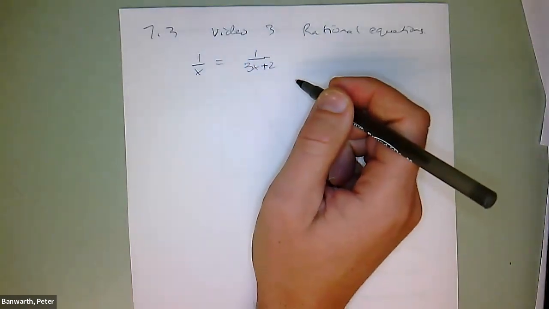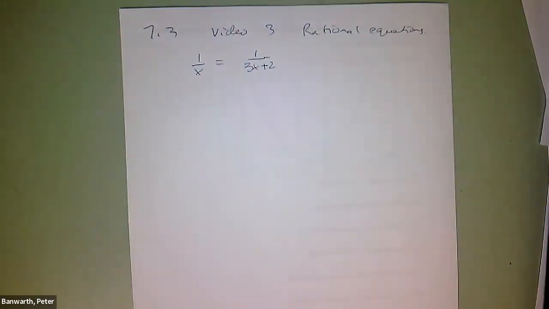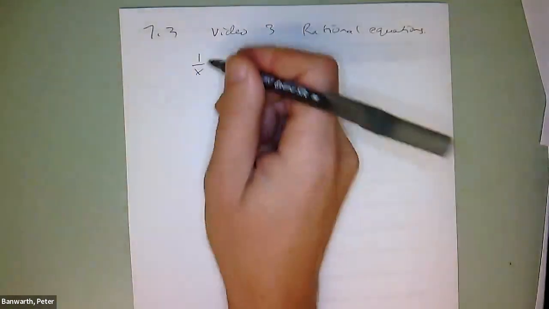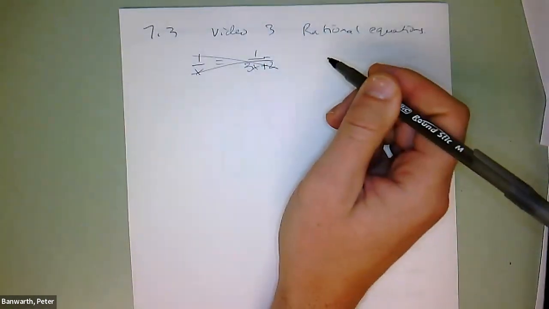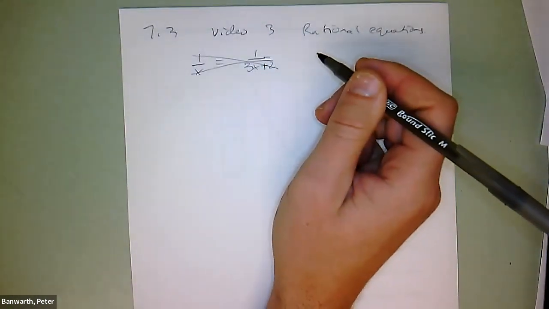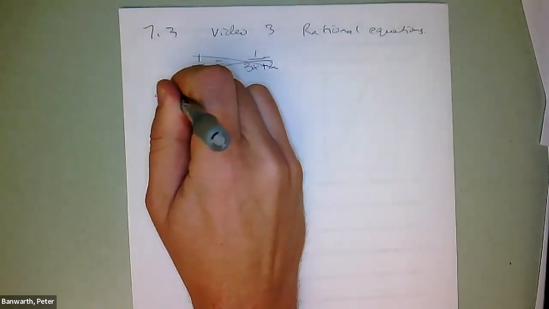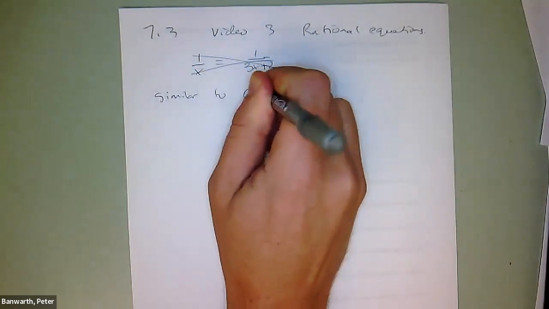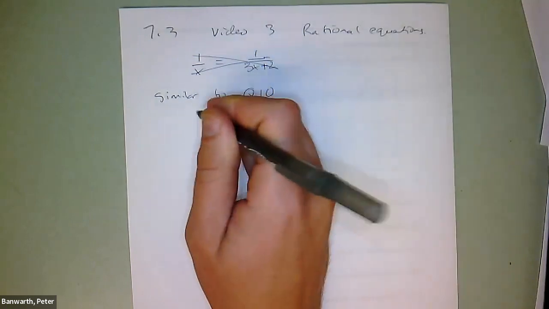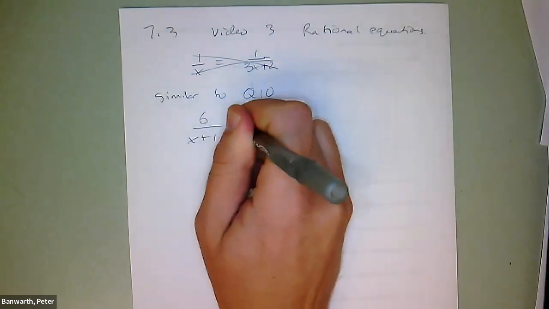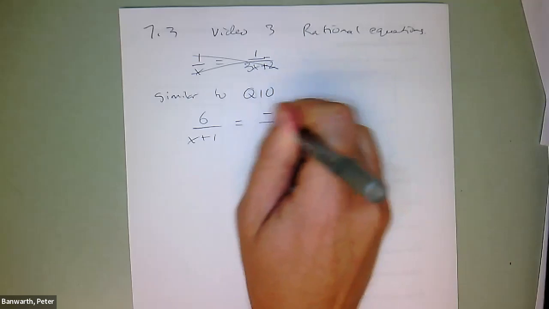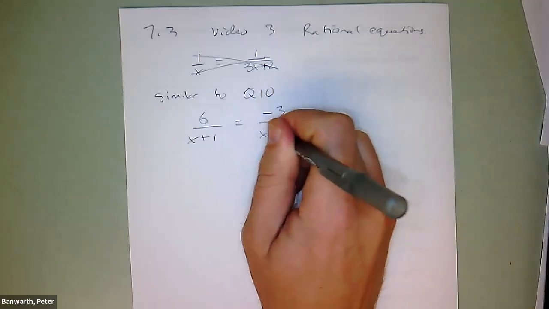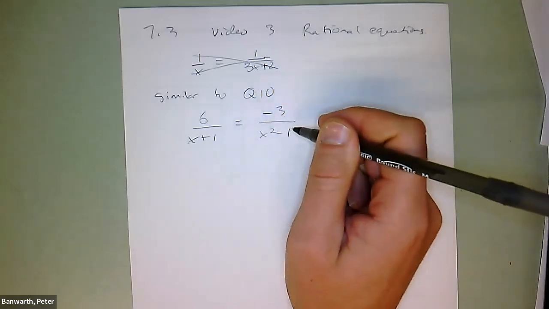So rational equations can sometimes generate extraneous solutions, or lo-ci-variant answers. So I'm going to show you an example of that, which is similar to question 10 in the workbook. So if I have 6 over x plus 1 equals negative 3 over x squared minus 1, the first thing